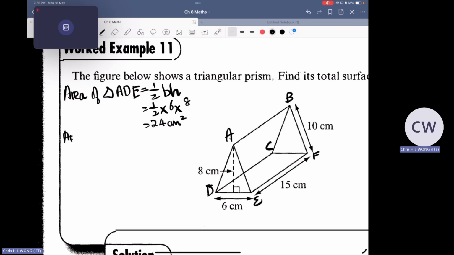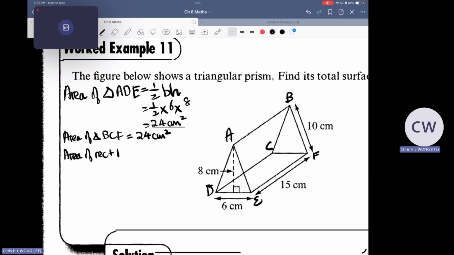Area of triangle BCF. What is BCF equal to? Give me the answer. Also the same, right? So I underline this one first. I need it later. Also 24 cm squared. Okay, so now area of rectangle,